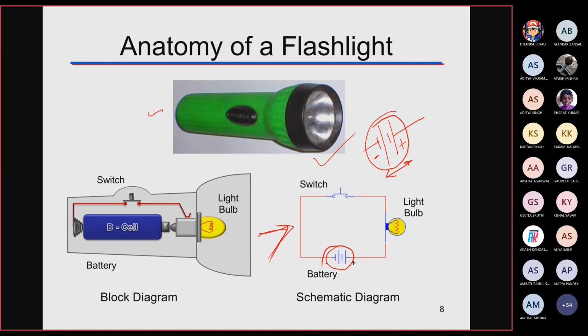So what is a load? How can we define a load in any electrical circuit? Can anyone tell me? Sir, resistance. Please repeat. Sir, that utilizes the energy of the circuit or consumes the power. Right. Anything which consumes electrical power is known as an electrical load.